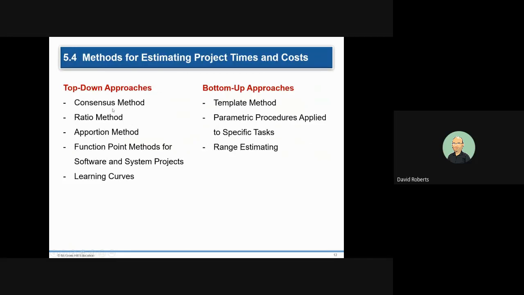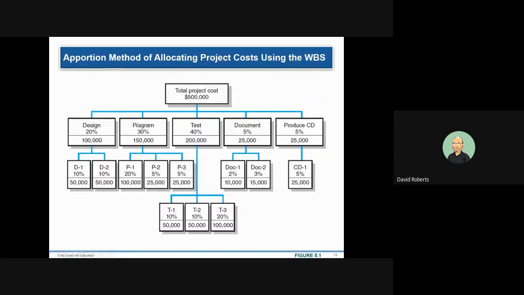Top down requires consensus. And again, don't worry too much about each one of these methods. The accounting people are going to do that, or the finance people will do that. The bottom up has a template, like a form that you can fill in and kind of give, well, where are we going to spend? $125 to $150 a night for a hotel, things along that line. So again, here's an apportionment.